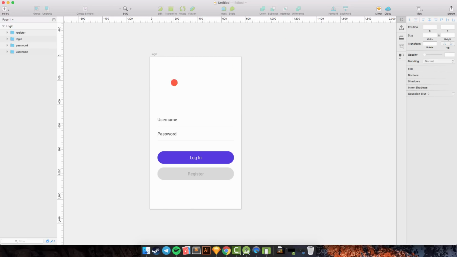And we need the sample logo here. Insert, shape, and create the oval.